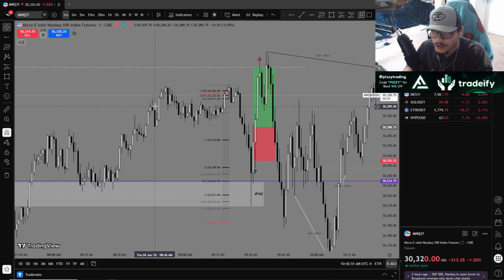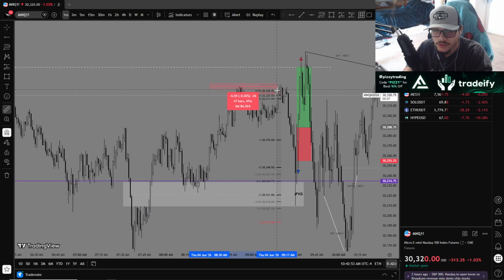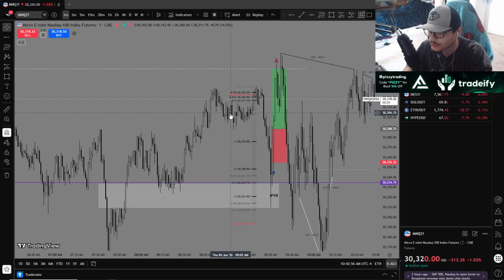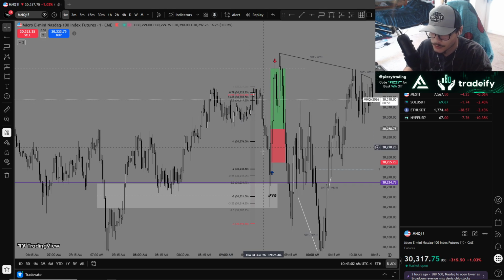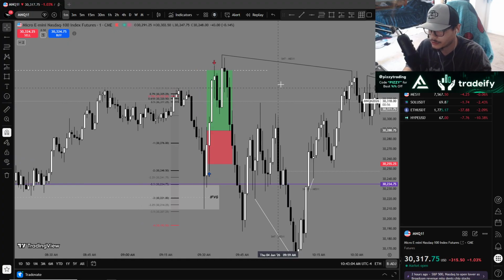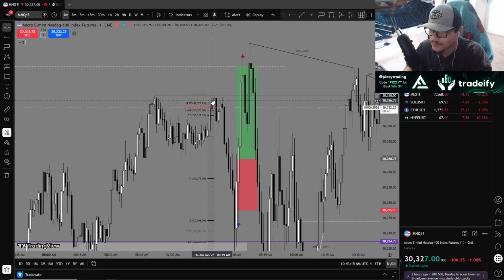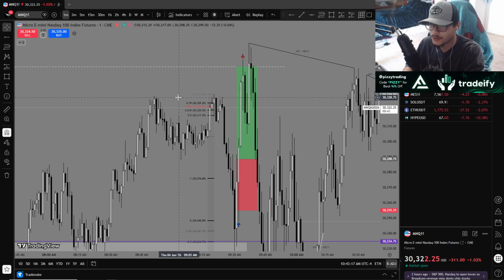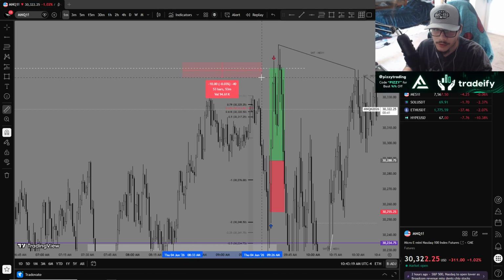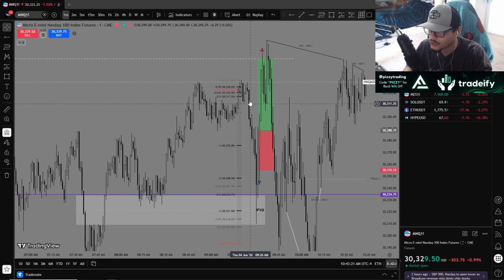Generating liquidity. We're leaving liquidity that we want to go sweep. So we see this getting closer to New York AM. What's happening? We're starting to accumulate. Accumulation, manipulation, distribution. Okay. So we see the accumulation. We identify that. We know that we put in this high right here. If you hover over this high, yeah, okay. We might have taken this high out with this candle right here. But that doesn't matter. We're not worried about that. We are worried about this hourly FVG getting hit. So we see this accumulation.